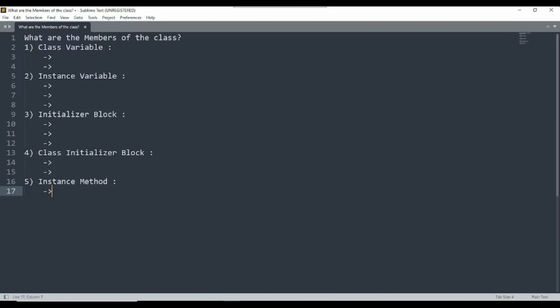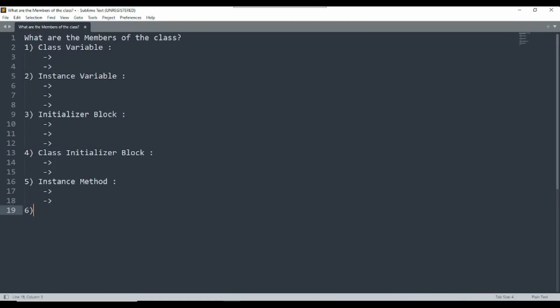If you have a class and in that class you have created a method, if you want to call that method, you need to create an object. That is why I told you we can call this method by using an object. If you want to call that particular method available in the class, you need to create an object. Without an object you cannot call an instance method. If you want to call an instance method, also called a non-static method, then you need to create an object for the particular class.